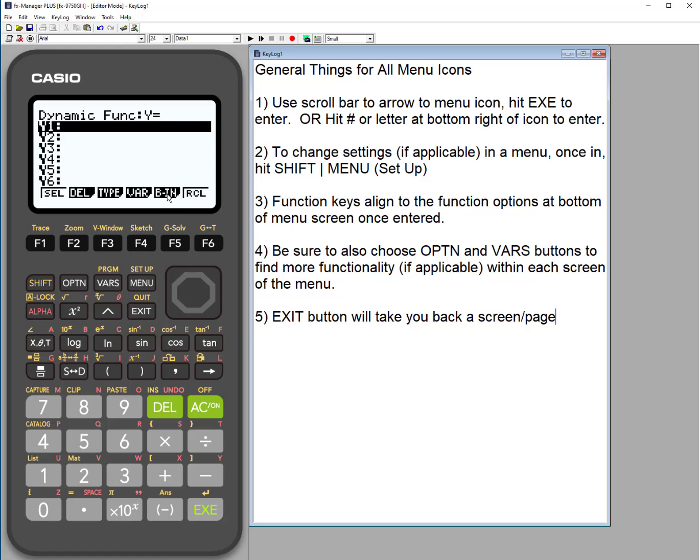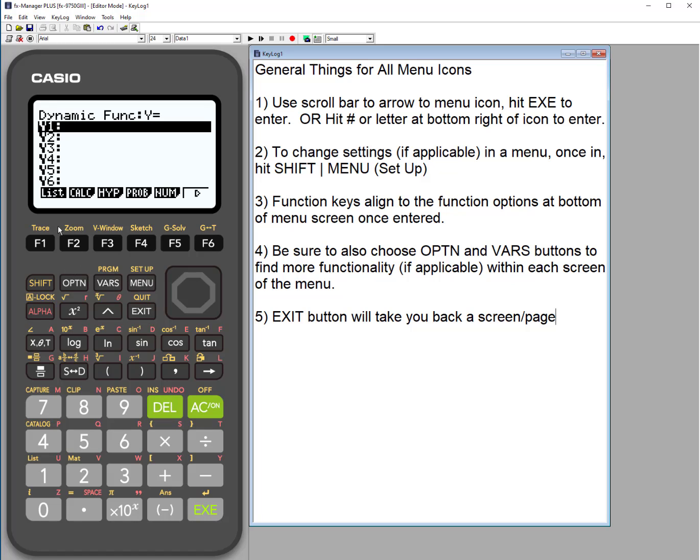BIN means built in, and we're going to talk about that as well. And recall means to bring something back. So these are the initial landing pages, but number 4 says don't forget to always look at the option button, which gives you more options. List will let you put specific templates and names without having to type them out. If I hit list, it's going to put that word list in here and let me find a list from somewhere else and enter that into my dynamic function. We're going to hit delete first of all because we don't actually want that.